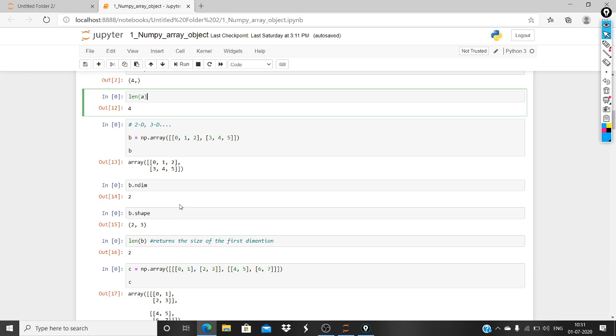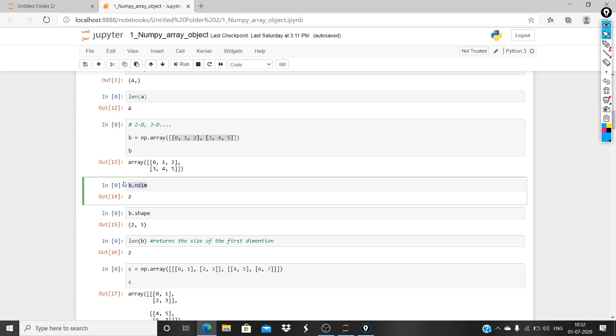Now it is the main thing, 2D and 3D arrays. How do we create a 2D and 3D array? It's quite simple. Similarly to the 1D array, we use np.array here also, and we give it a list of two lists. We have this bracket for a list, and two lists separated by a comma. So this is how we create a 2D array.